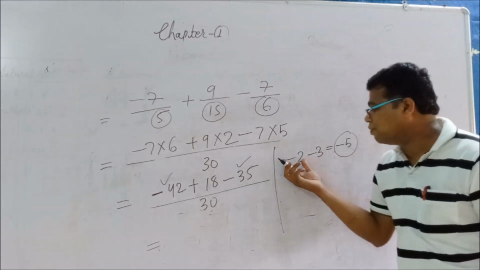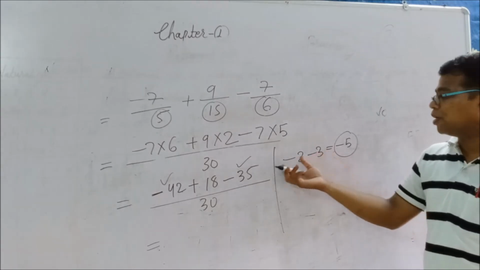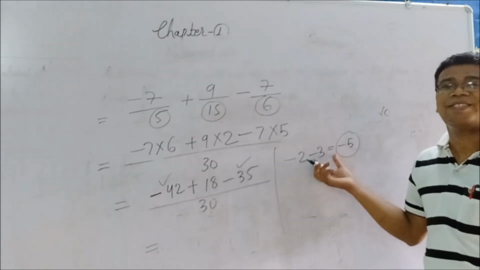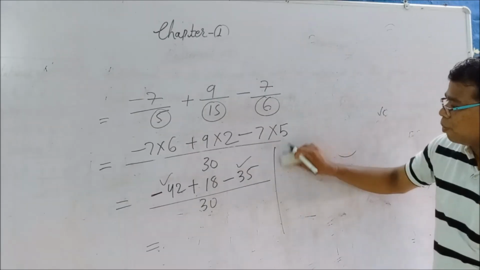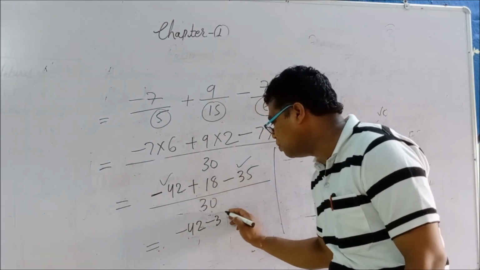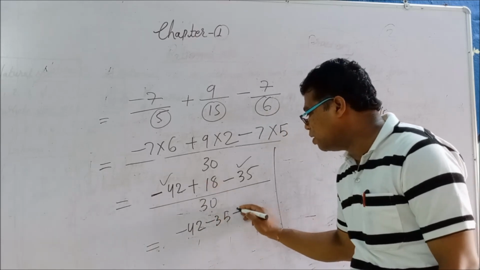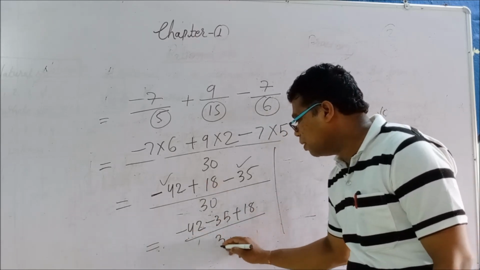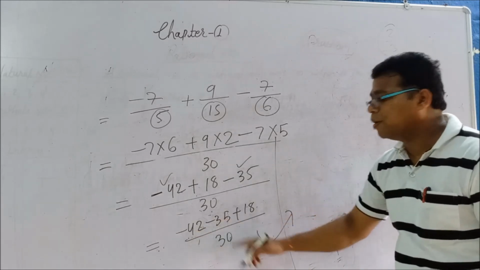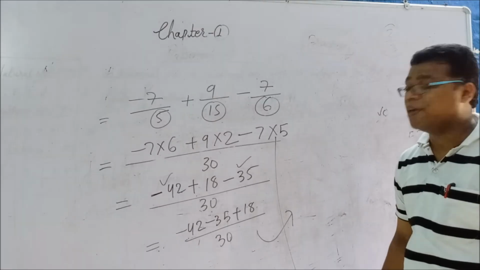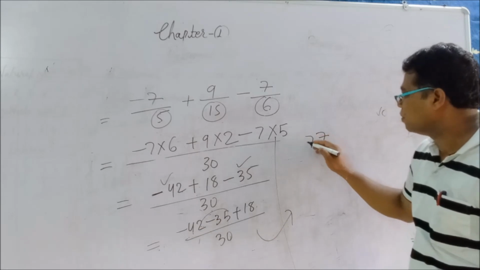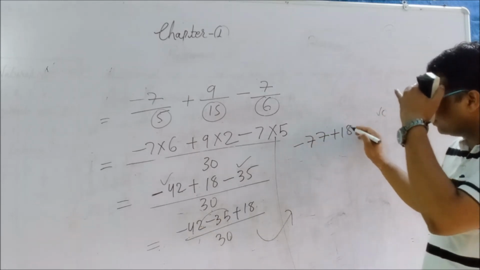What do we have to do? If there are two negative integers, what do we actually do? We add both the negative integers. Why? Because they belong to the same category. Same law we have to apply here. First we will arrange minus 42, that minus 35 I can write down with the minus 42, and that plus 18 I will write down at the last. Minus 42 and minus 35 both are negative integers that we have to add. So 5 and 2 are 7, add 4 and 3 is 7, minus 77 plus 18 upon what?